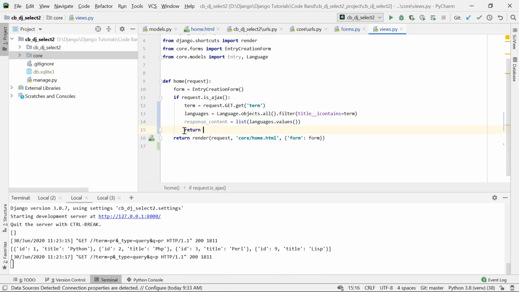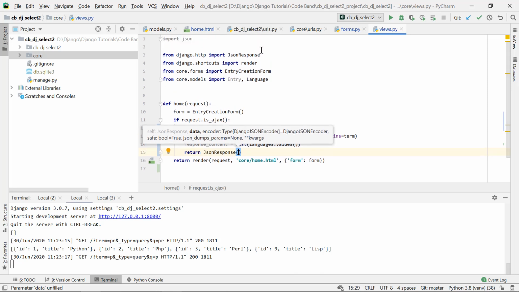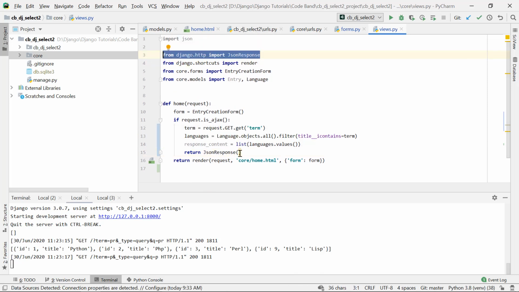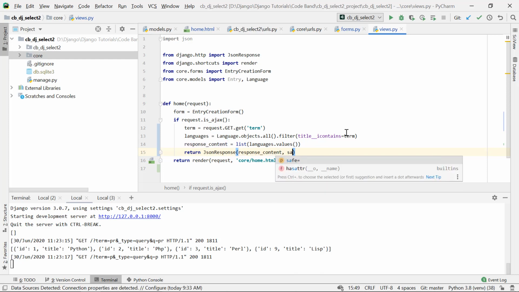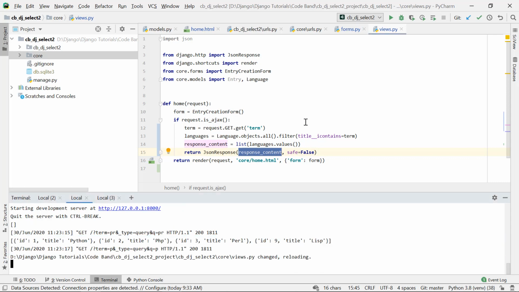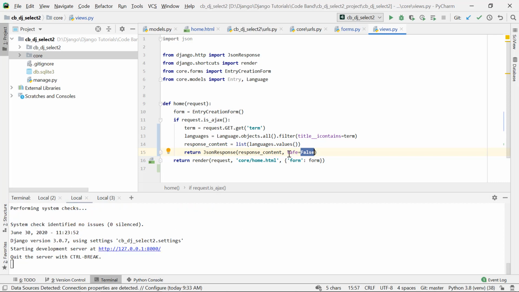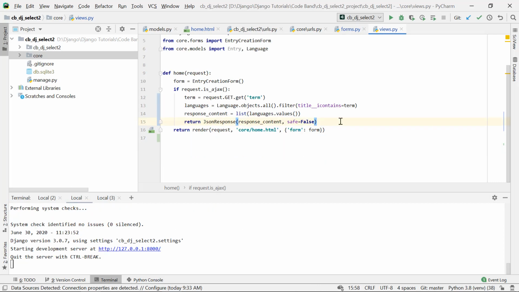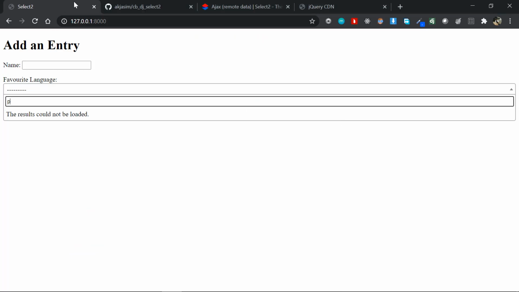So just say return JsonResponse of. Now you need to import JsonResponse up at the top, and we'll say the response content and safe is equal to false. This is because the JsonResponse actually needs the content to be a dictionary, so it will not allow a list in there. In order to override that, we just pass safe equal to false, and this will do the trick. Now with this being said, if I save that and come back in here and start to type in P,